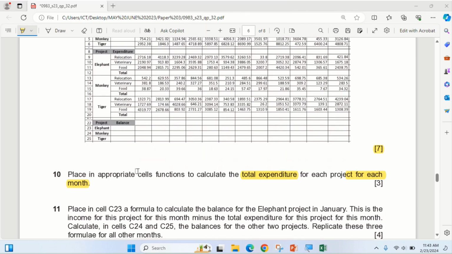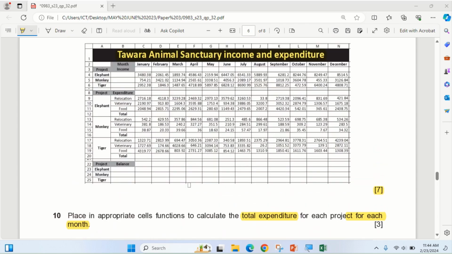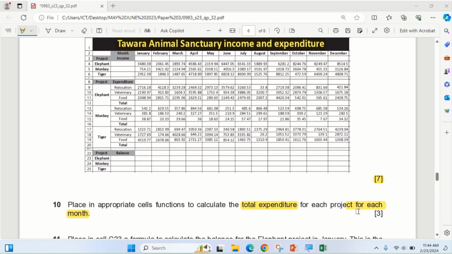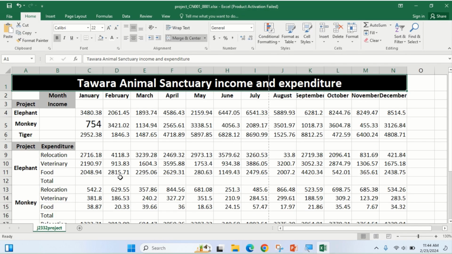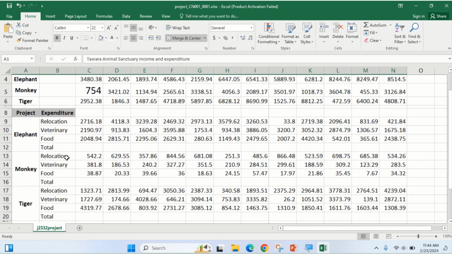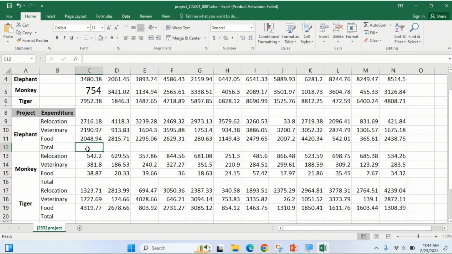So to get that done, it is very easy. So I look at total expenditure, this expenditure, and these are the per-project, as we were told, total expenditure. So then I'm going to make use of equal to